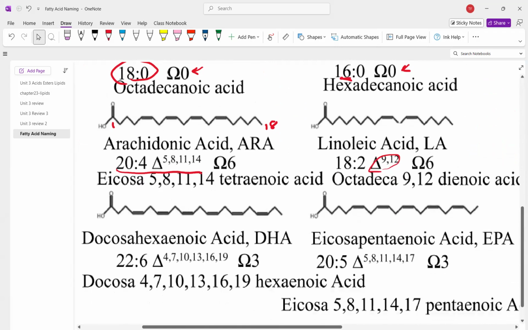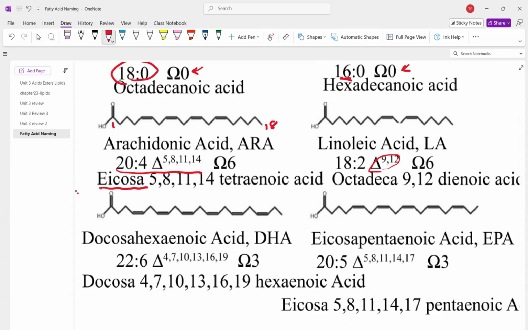Arachidonic acid, ARA, is a very important fatty acid because it's a precursor to a whole bunch of other things. For example, precursor to prostaglandins. Prostaglandins make painkillers, they clot blood, a whole bunch of things. So it's important to get some of this in your system. Now, this is not an omega-3, it's an omega-6. Okay, so to name it, Icosa